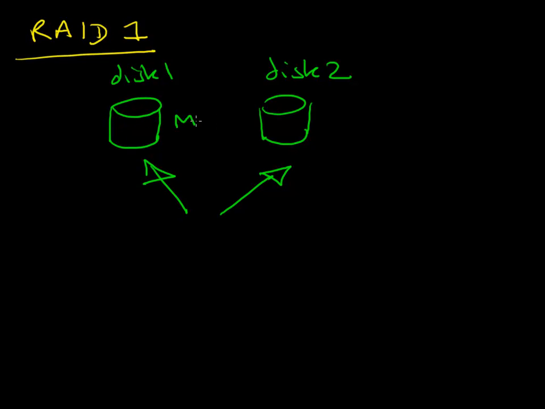And that is known as a mirror. So disk 2 will mirror disk 1. Exactly the same information will be on there. So at any time, if disk 2 breaks, so it stops working, or the information on it can't be saved for some reason, maybe the disk head crashes and suddenly I lose disk 2, it doesn't matter at all, because disk 1 is still running and there's still identical information on disk 1.